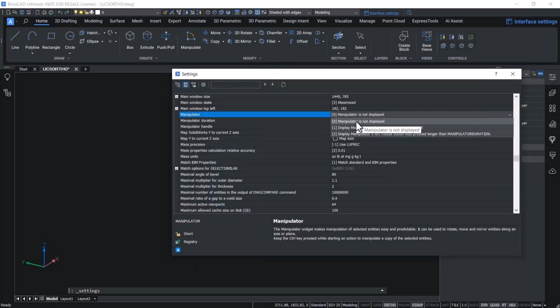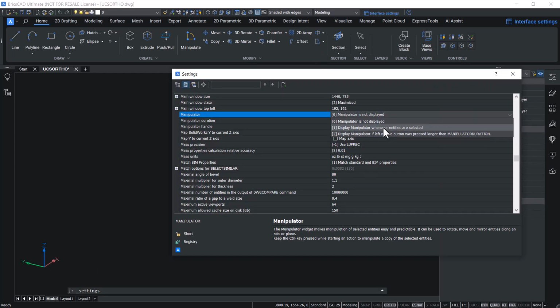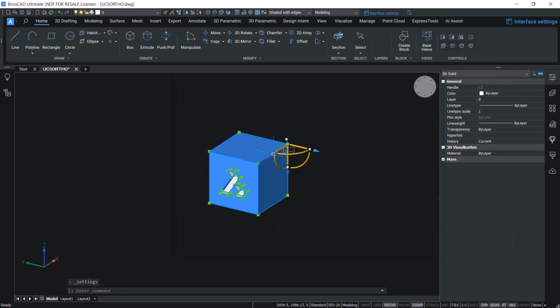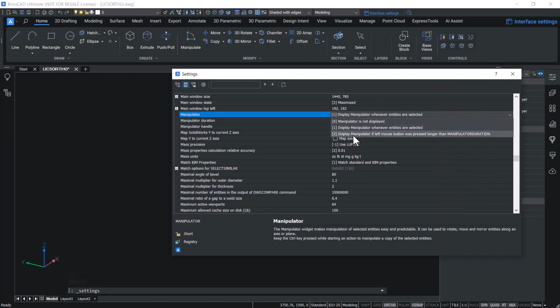When the manipulator system variable is set to 0, the manipulator will not be displayed even if you select an entity. When set to 1, it displays the manipulator whenever an entity is selected. Now you can see the manipulator. When it is set to 2, it displays the manipulator if the left mouse button was pressed longer than the manipulator duration